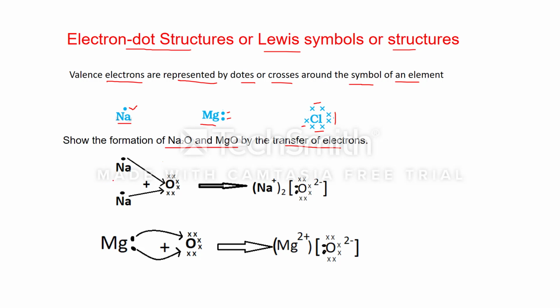Let us see. Sodium has one electron. This another atom also has one electron. Oxygen has 6 electrons in its outermost shell. It means oxygen requires 2 more electrons to complete its octet. That's why each sodium atom transfers its electron to this oxygen, and sodium will acquire the positive charge, and 2 Na plus ions are there. Clear? This 2 is not here. Don't write the 2 here. This will be wrong. Actually, Na has 1 positive charge.